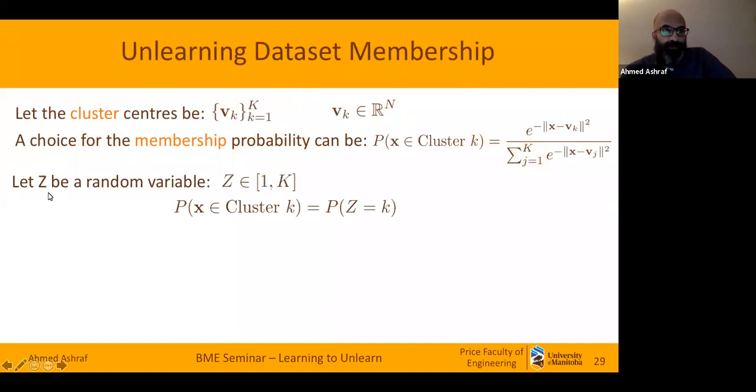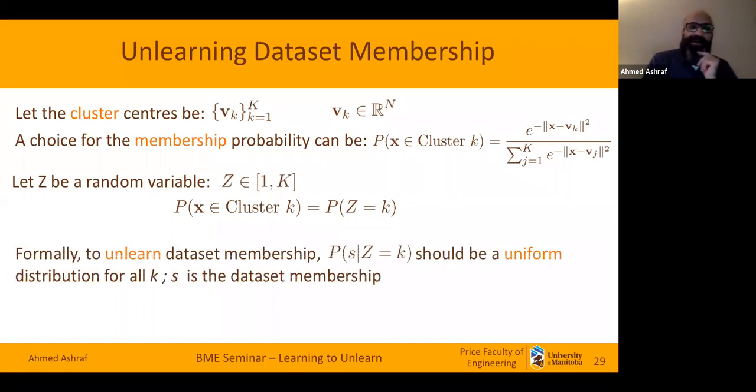So just for simplicity, let's define another variable, which is going to be a number from 1 to k, and the probability that a particular example belongs to cluster k is going to be just the probability that that variable takes on the value k. It's just for simplification. Now, having framed the problem so far, the entire enterprise of unlearning dataset membership is to learn the cluster center such